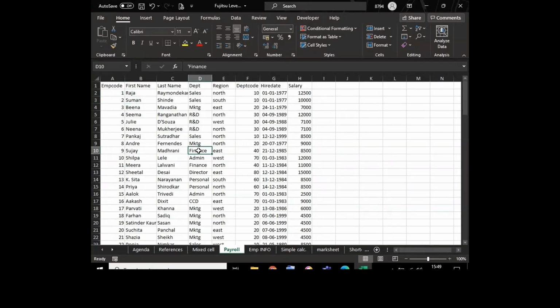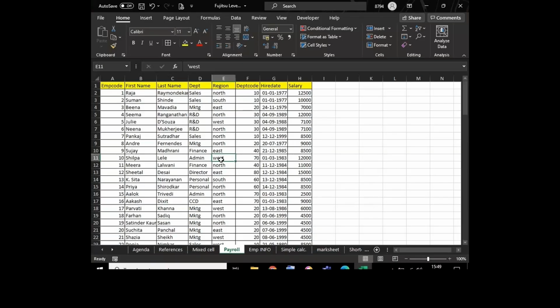Everyone select the payroll sheet. Now this is just a dummy database, right? What is important is understanding the concepts and the functions. Once the concepts and the functions have been understood, they can be used on any database. Now for our training program, we will not make any changes to this original database. So what we'll do is we'll create a copy of this payroll sheet and learn the concepts and the functions